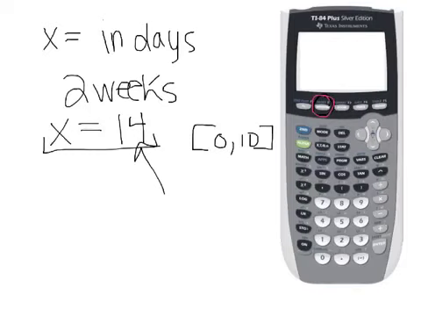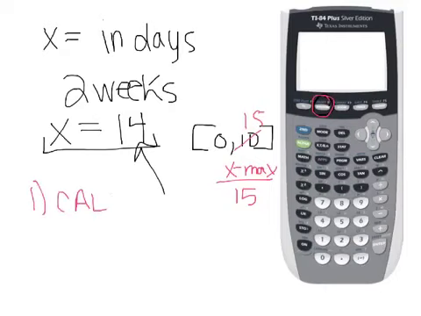So I'm going to switch our X maximum now to 15. If I switch this X maximum to 15 and change my window to go from X equals 0 to X equals 15, counting up by ones, then I can go to the calculate menu, which is up here underneath trace,